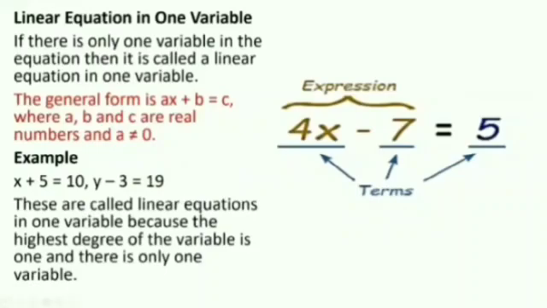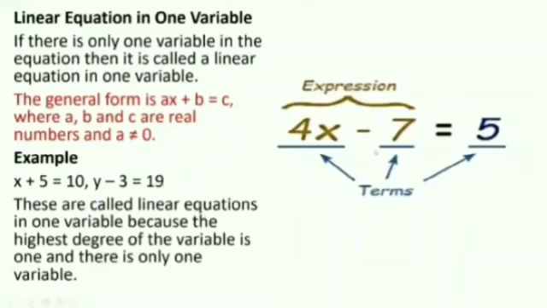We already discussed in the first session also that the value of the coefficient of the variable should not be 0, and it is said that a, b and c are real numbers. What real numbers are, that you have not studied yet, but you can consider that you can take any value of a, b and c except a equal to 0. Again, examples: x + 5 = 10 and y - 3 = 90.